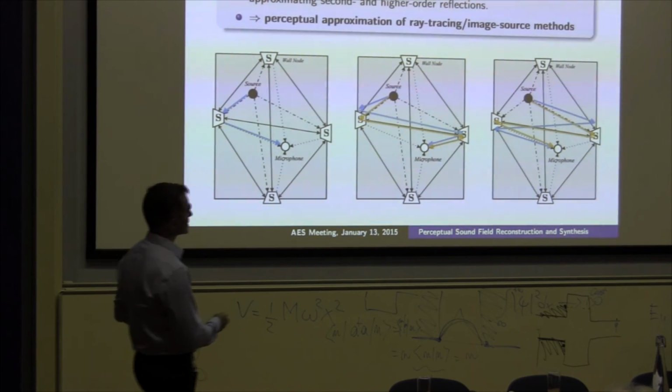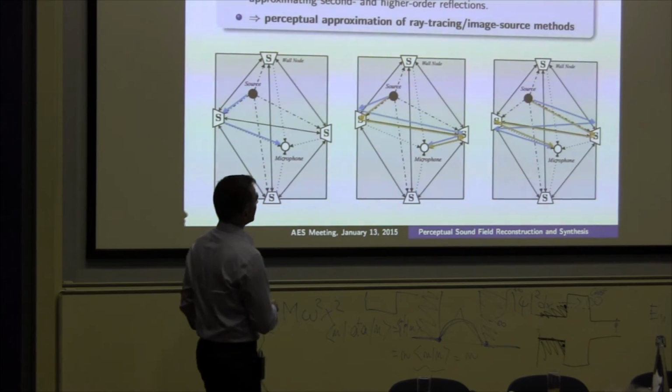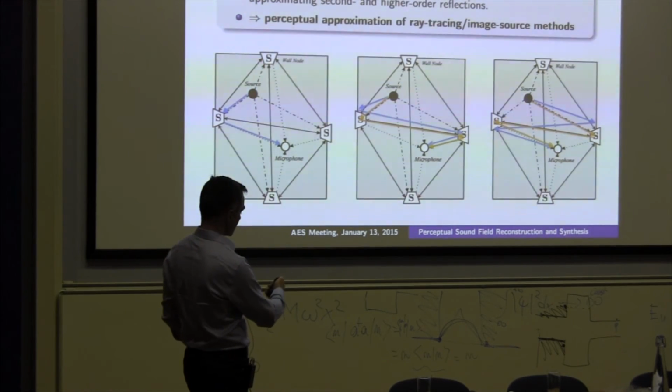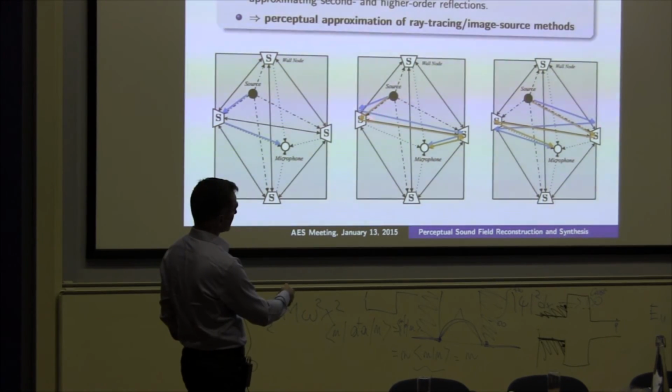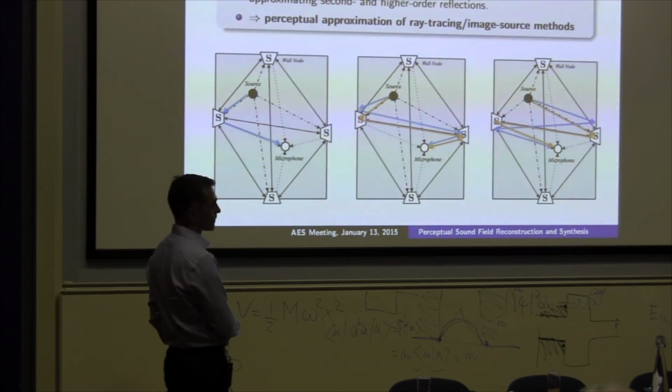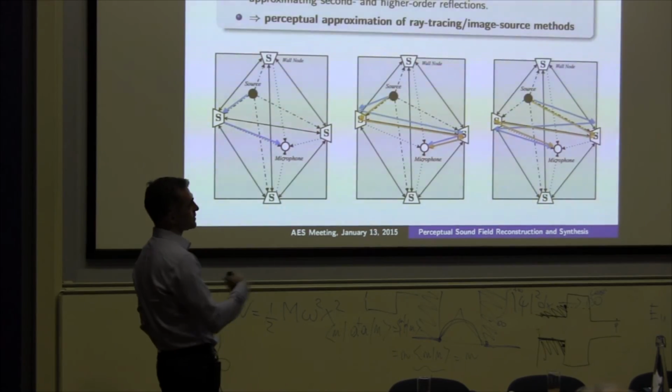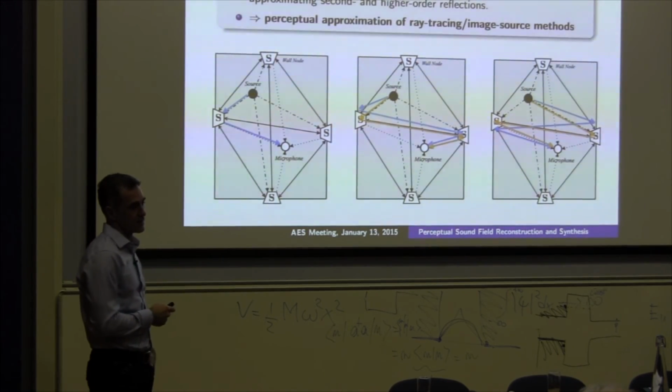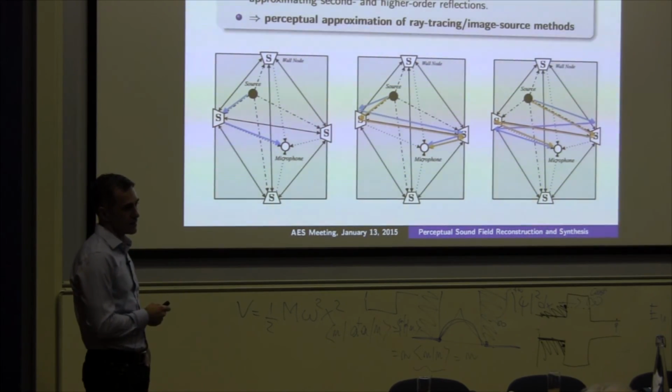So you see, this is what happens here. So this is what we are generating. First order reflection, and then second order reflection is, instead of going from here to exactly where it would be on the wall, correctly, we are reflecting it to this node and from this node here. And we keep iterating. So it's not a feedback network. It's just a simple way of calculating more reflections.